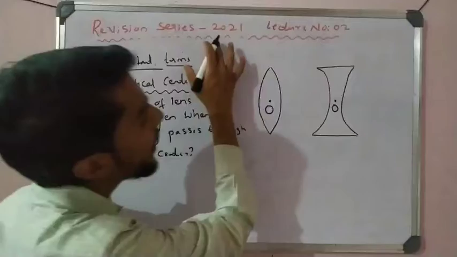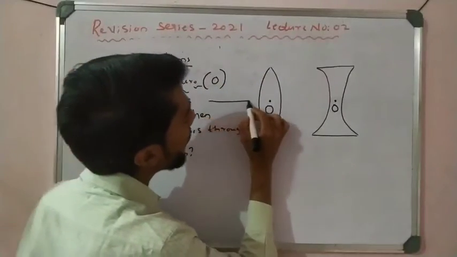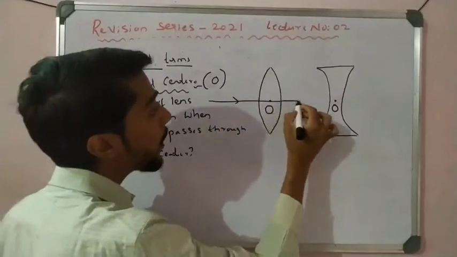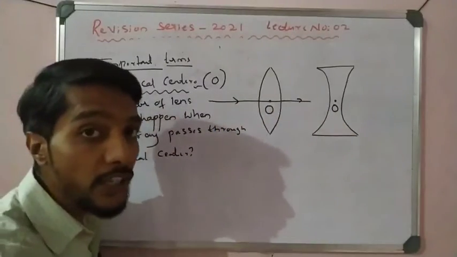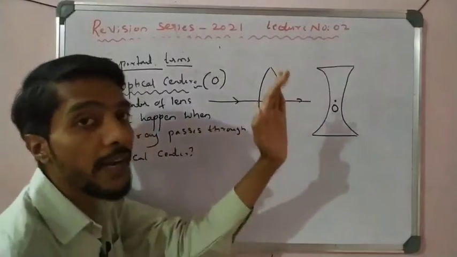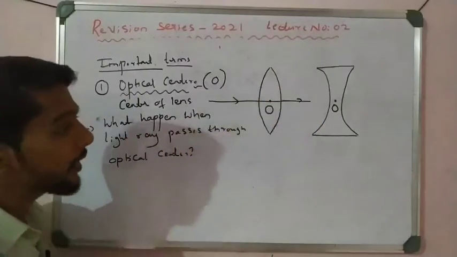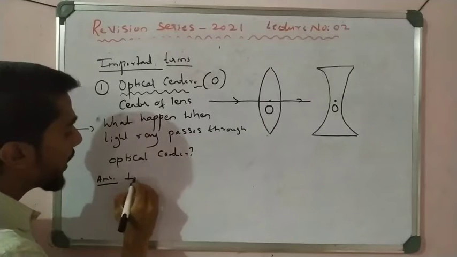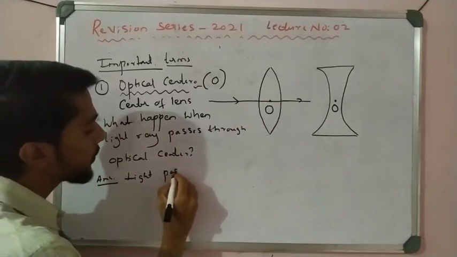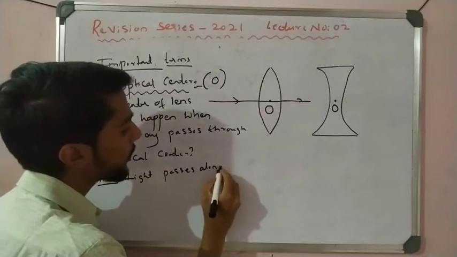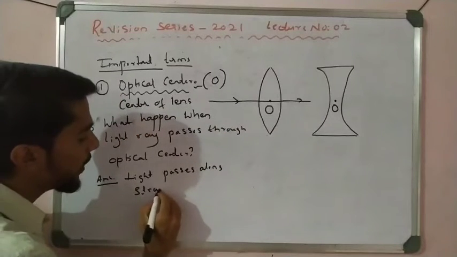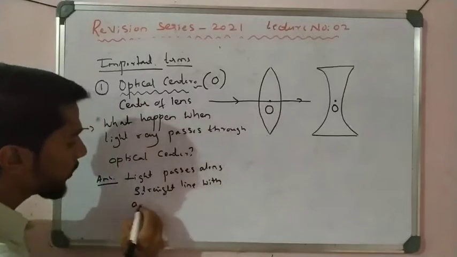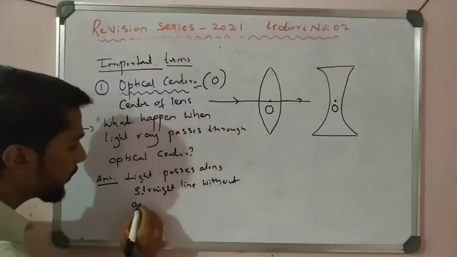See here, if I pass a light through the optical center, then the light travels in a straight line without any deviation taking place. There is no bending of light at the pole, at the optical center, right? So the answer is: the light ray passes along a straight line without any